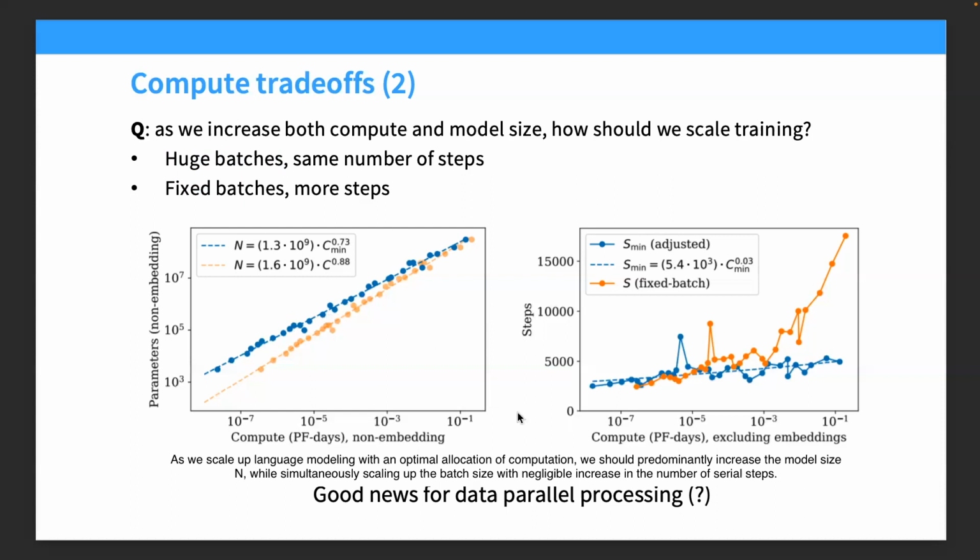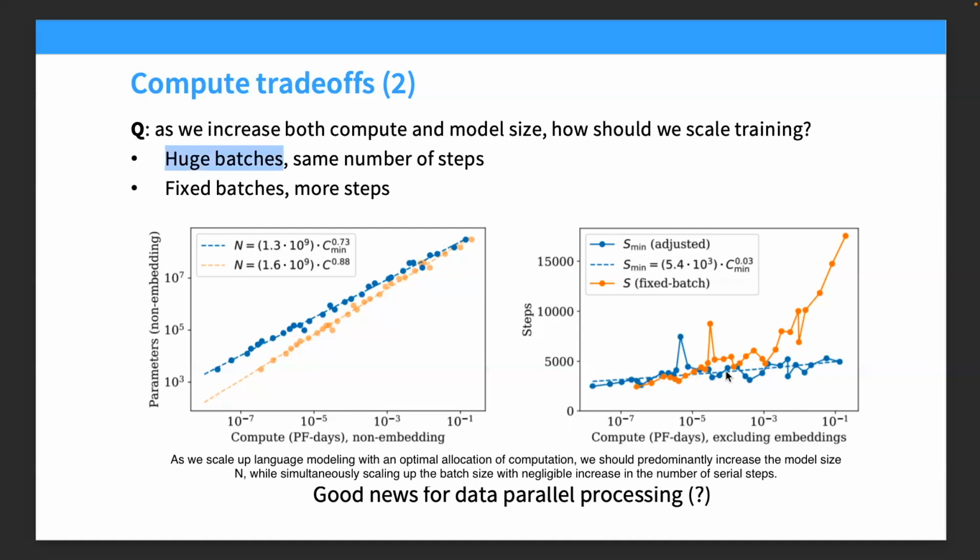People find that if the model size is a bottleneck for the given data size, increasing the model size will always give you the biggest gain. And comparing huge batches or fixed batches, they also find that huge batch wins over the fixed batch. And